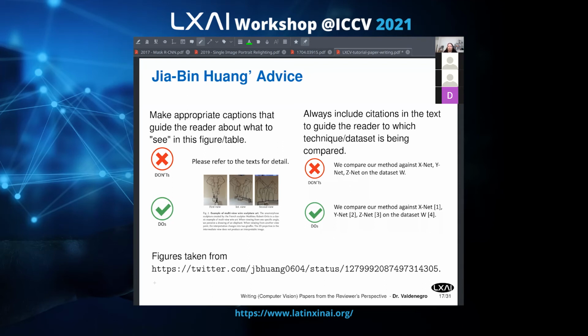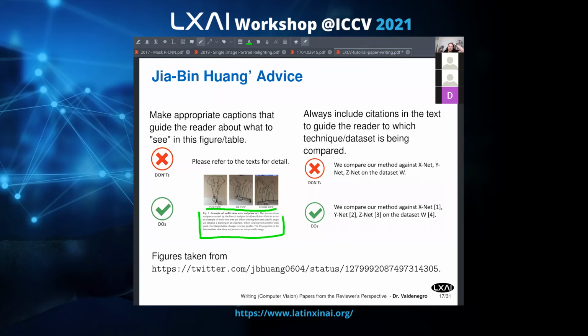For example, the first thing: you need to make an appropriate caption that guides the reader about what to see in every figure and in every table. Not just say, okay, these are the results for this data set, but write a bit more: what does it mean, what are the best, what to see in these numbers and so on. What not to do is just write, please refer to text for detail. What to do is, you have a figure, and then you put appropriate captions to each of the images, like these ones here. And then you write a several line caption for the whole image,